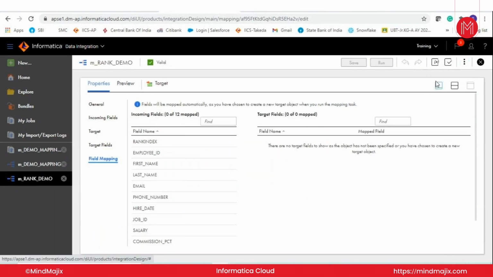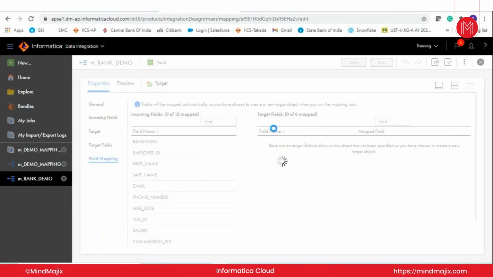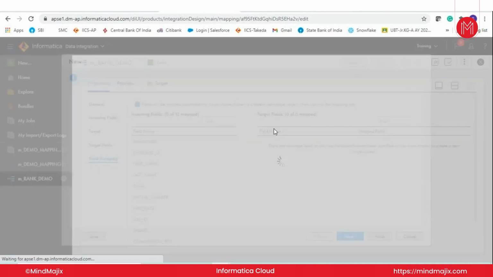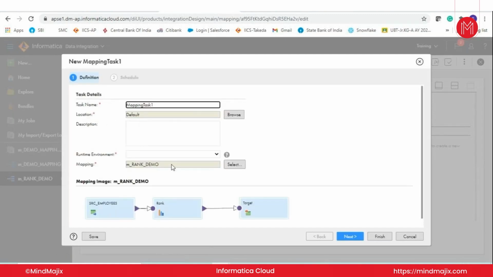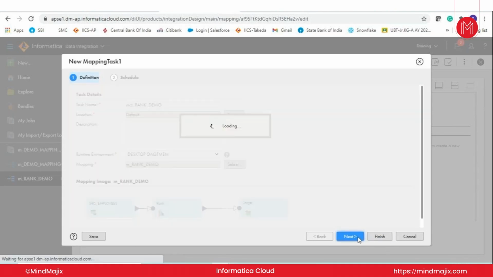So here, if I say new mapping task, only for demonstrating the transformations, we don't have to create it. That is why I'm skipping. So if I just select this as MCT, runtime environment, Next,